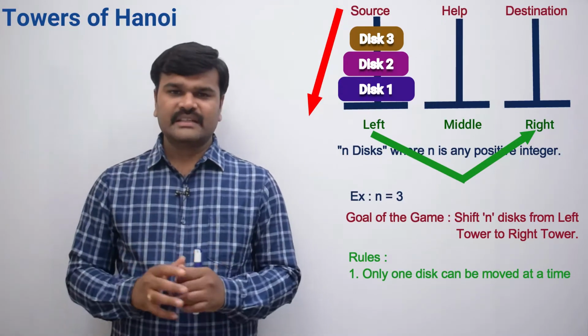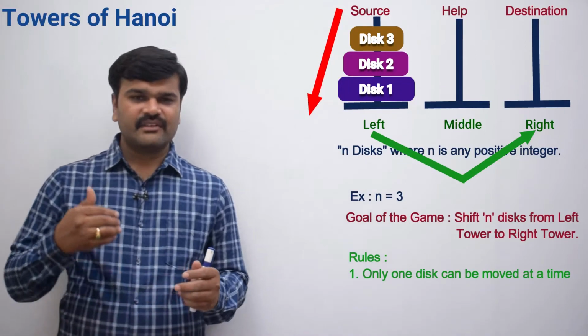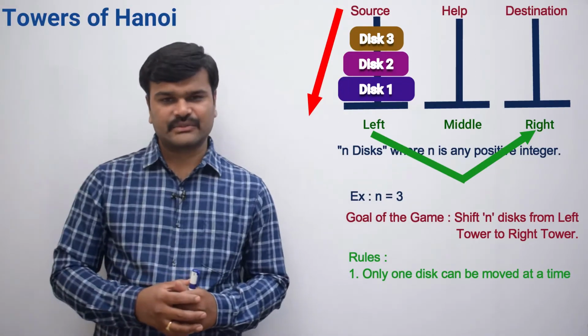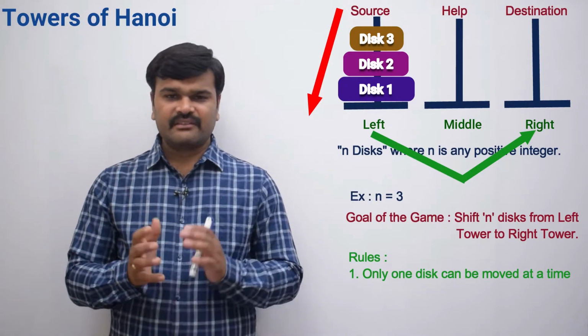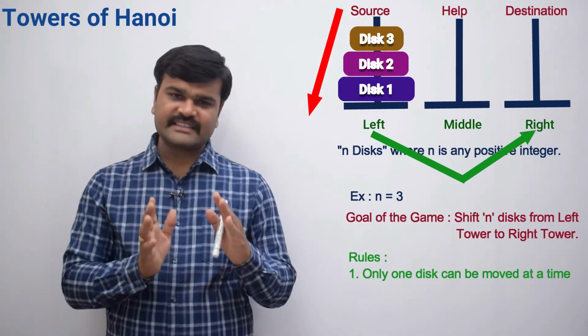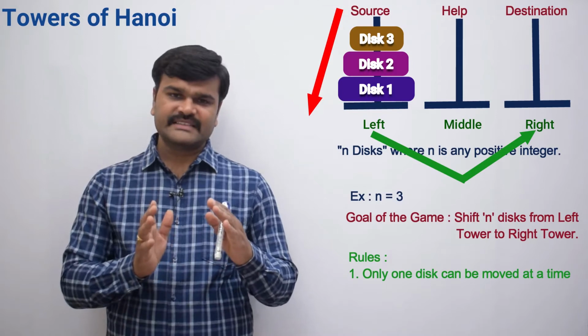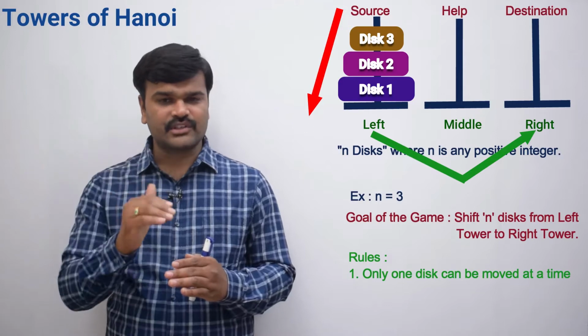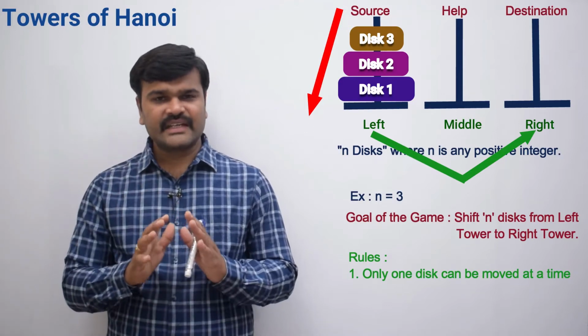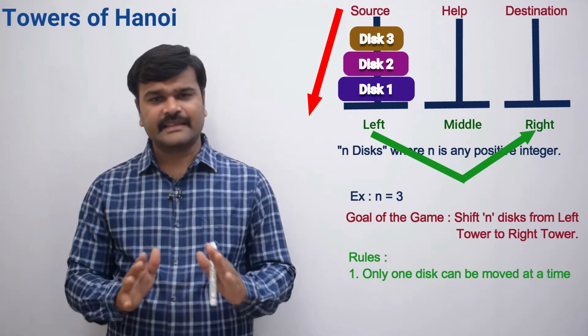So that is rule number 1. Then what is the second rule? So here the second rule is whatever we told initially. In the initial setup, all the discs at the left tower will exist in ascending order from top to bottom. So that must be maintained in the entire game.